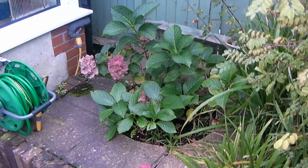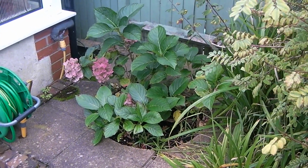Here's the hydrangea. Yeah, still got some flowers. You can see possibly up there. No, you can't. It's all just